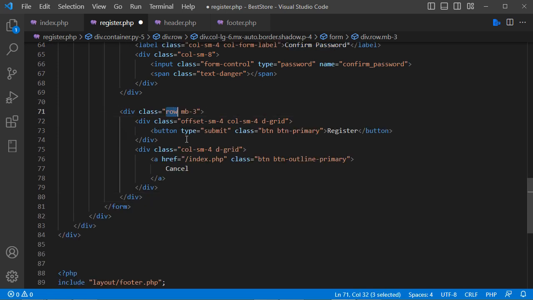Then we can add this row that contains two columns. This is the first column that will be displayed after an offset. So in the first column we have the register button, which is the submit button that allows us to submit the form. Then we have this div, which is the second column. So it has a link, which is also a button, which is the cancel button. So it will take us to the index page. Let's save the file